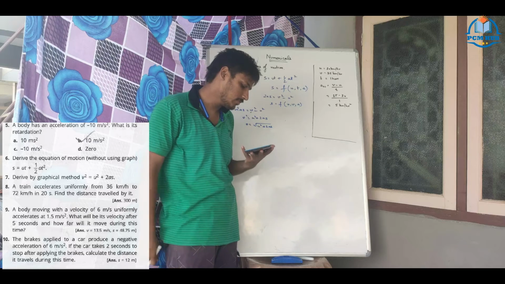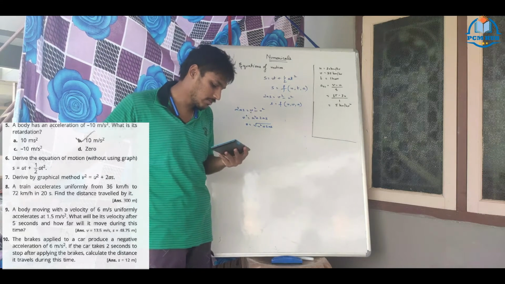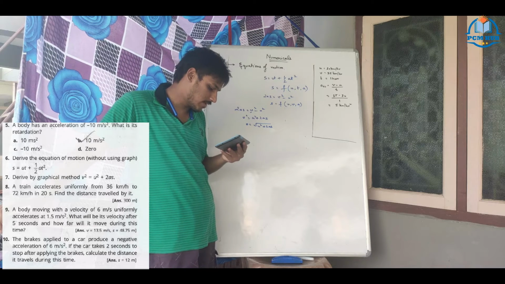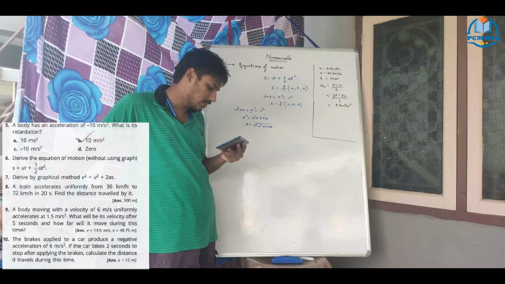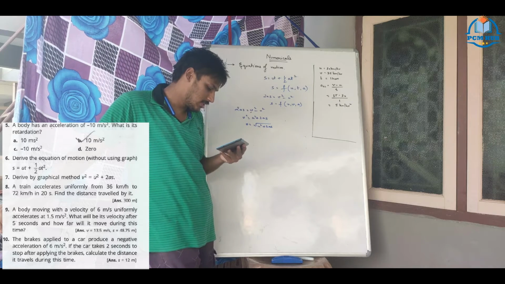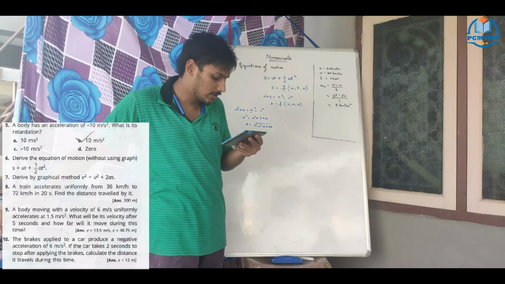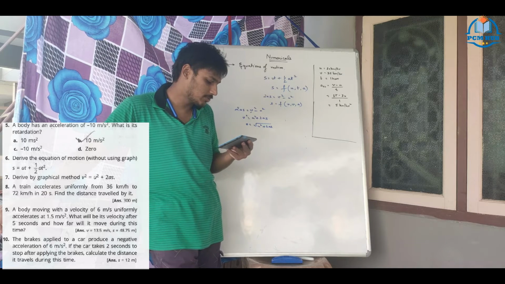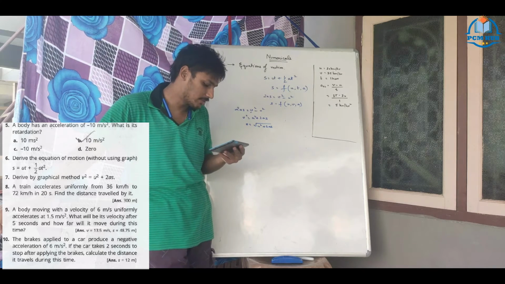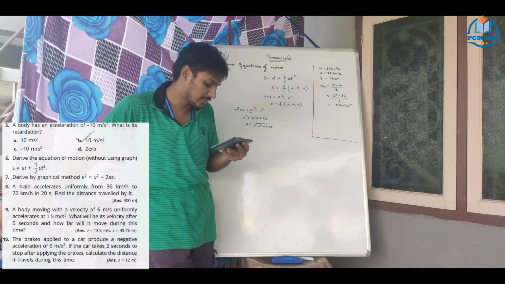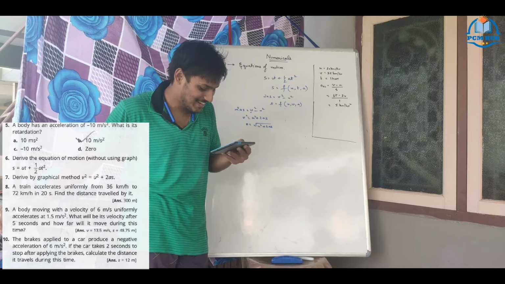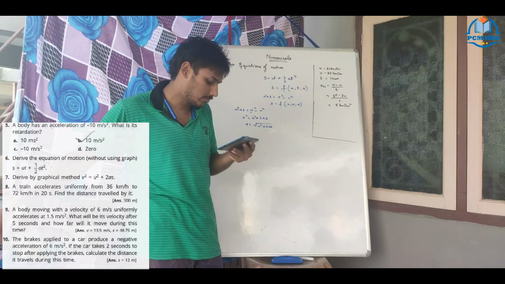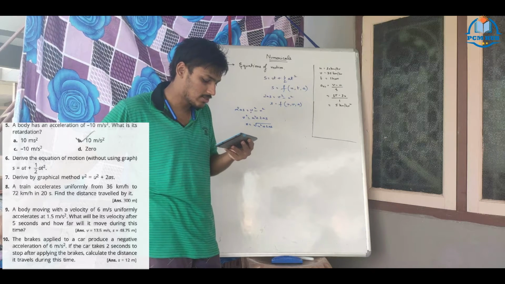That's it. That is how we derive these three equations using the graphical method. From here onwards, we are going to start the problems. Home assignment also I will discuss three problems. First four: derive the equation of motion v equal to u plus at without using graph, means the general method. Second, derive the equation of motion without using graph, the general method, or you can use integral calculus if you have that guts. Then derive by the graphical method, the first and second equations. So you'll do it.